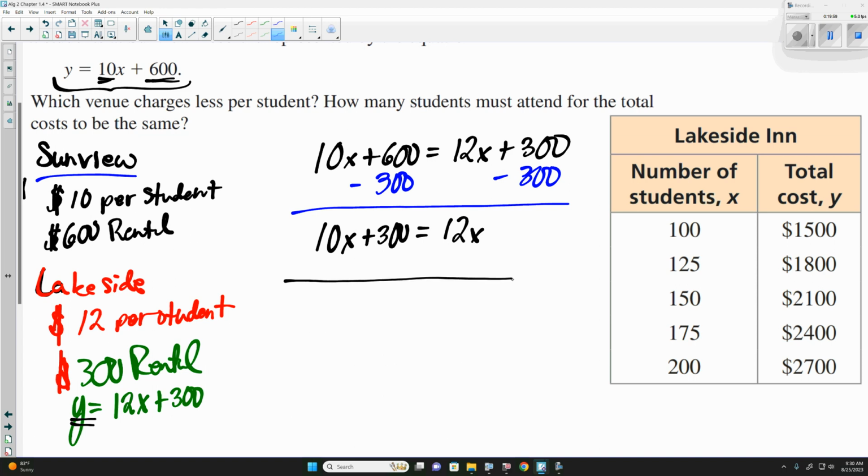What's next? So we'd minus 10x from both sides. And yes, this is the same as properties of equality. 300 equals 2x is the same as 2x equals 300. And last but not least, we need to